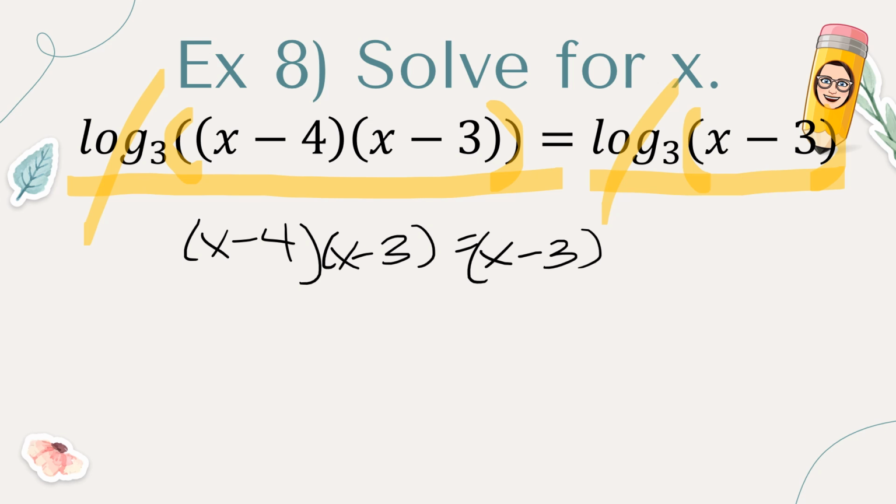Now, there are multiple ways to solve this. I'm going to be honest, I'm going to show you the longer way because I want to have a conversation about it. If you see a shorter way, feel free to ignore what I'm writing and solve what you see, okay? I'm going to show the longer way, or maybe the robot way that we've sort of programmed you to be, and that would be to FOIL that left side,